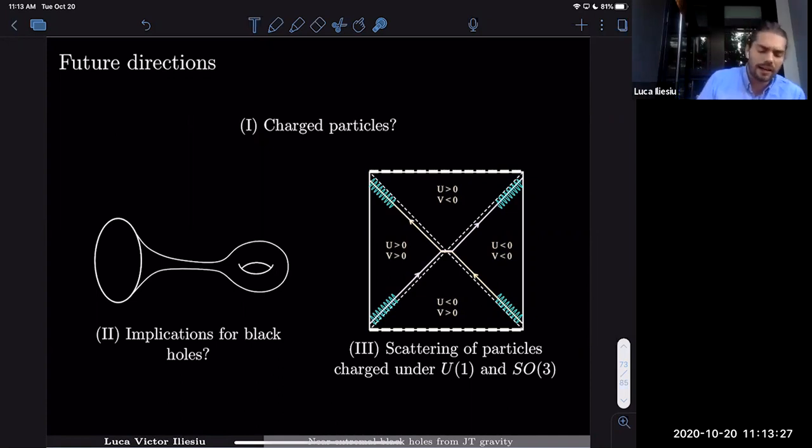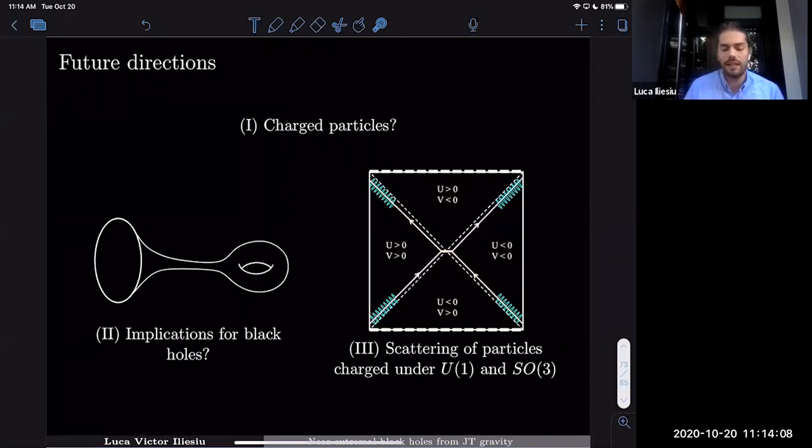The second is that more recently, JT gravity has been studied in the genus expansion, and it would be interesting to analyze whether or not there are implications of this genus expansion for these black holes. Now, why have I not done this already? The reason is that at the scale at which this genus expansion becomes important, that scale coincides with the scale at which Kaluza-Klein modes become important and many other things become important. So a careful analysis of where this genus expansion becomes important is needed.